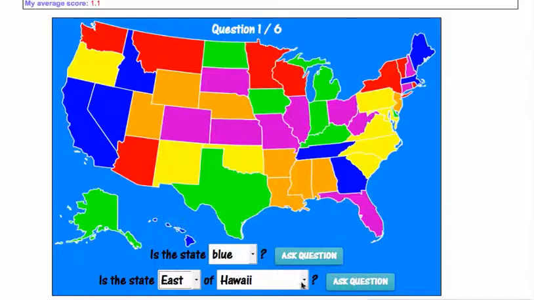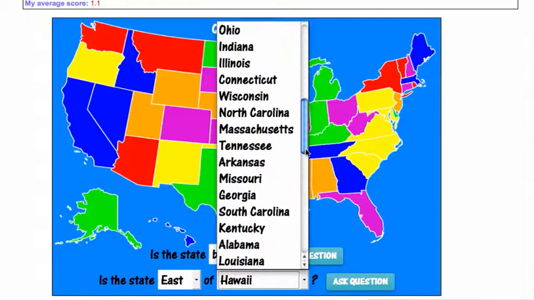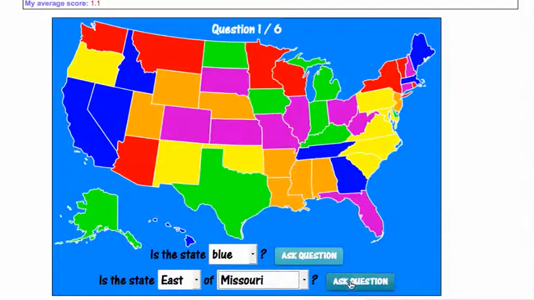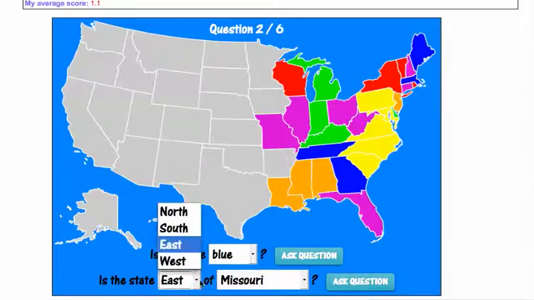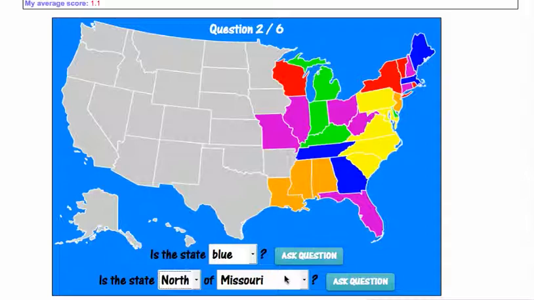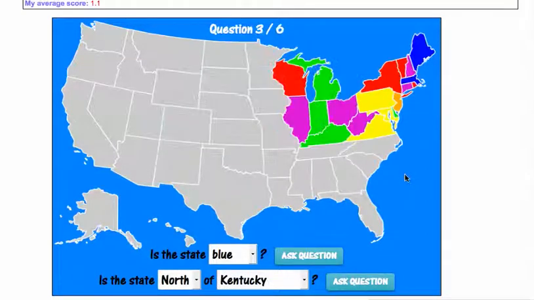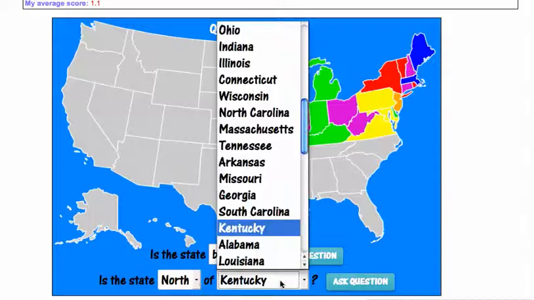Is the state east of, I'm going to say Missouri. And then I have to click Ask Question. Be careful not to click Ask Question here. So I click Ask Question. And it is east of Missouri. So I've eliminated all of these states. So now I know the computer's thinking of a state here. So let's do a north-south question. Let's ask if it's north of, I think Kentucky's a good one. It is north of Kentucky. So let's do another east. Is it north of,